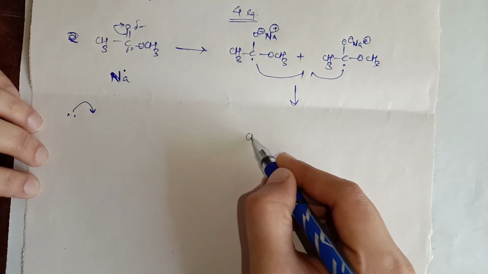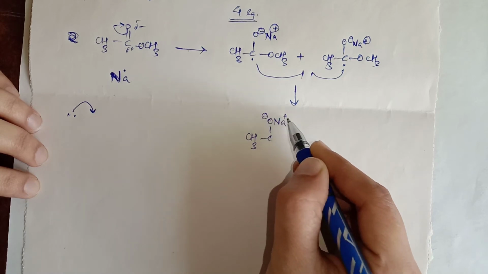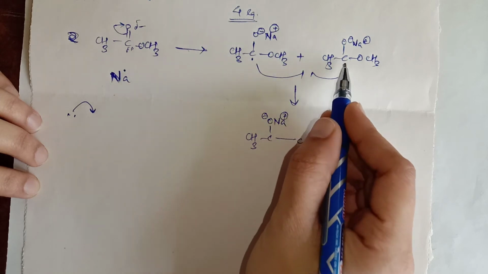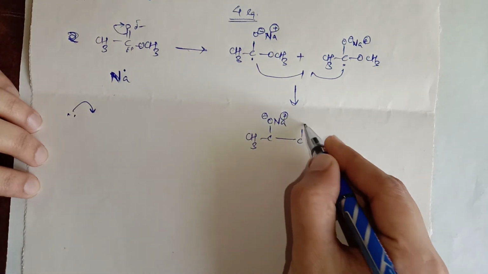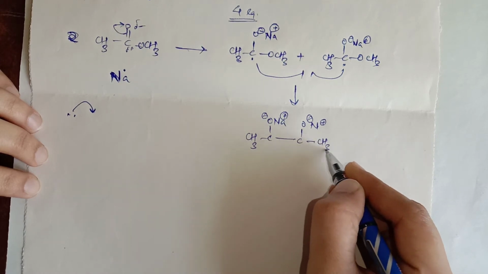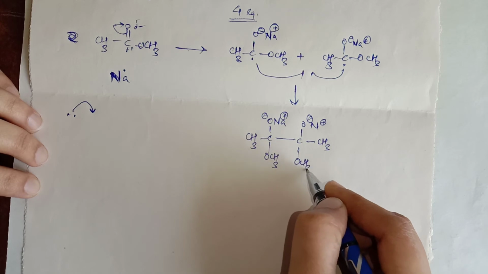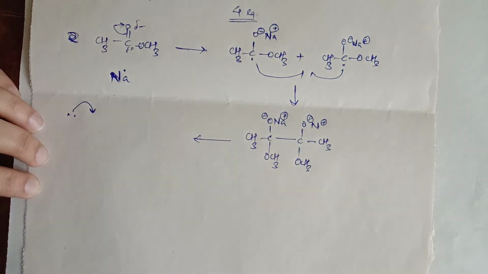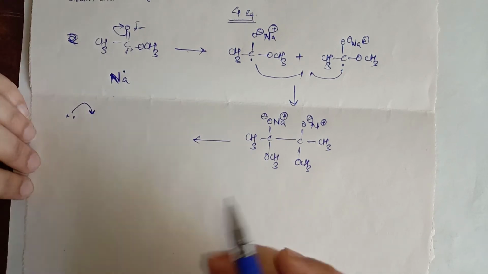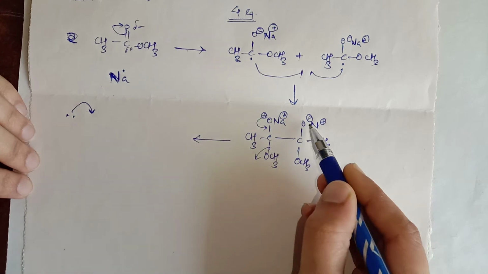Now after formation of this bond, you will get this type of structure. So you will get CH3CO minus Na plus, and this will make a new bond, right? This carbon and this carbon radical will make a new bond. This O minus Na plus salt as it is, CH3, again OCH3 and OCH3. So we are getting its dianion formation, and afterward we can remove this one.